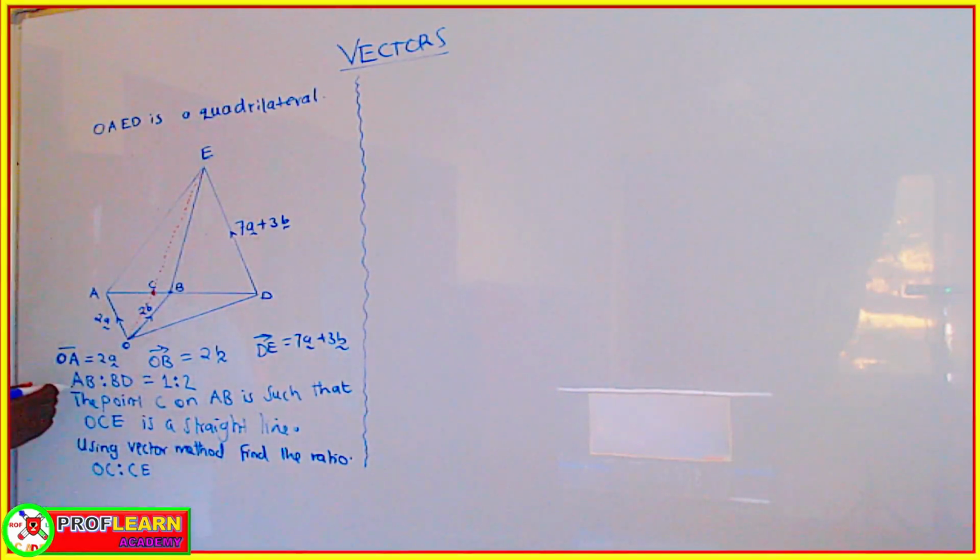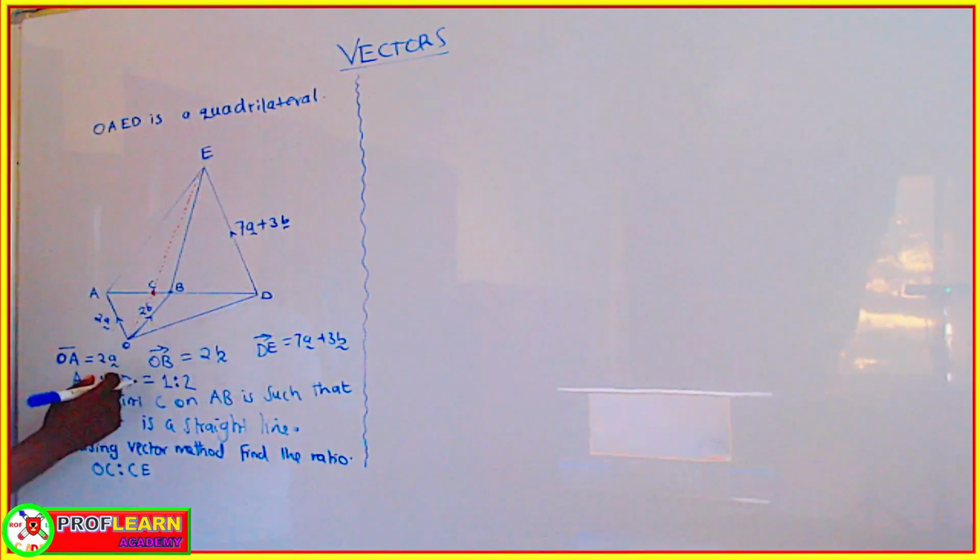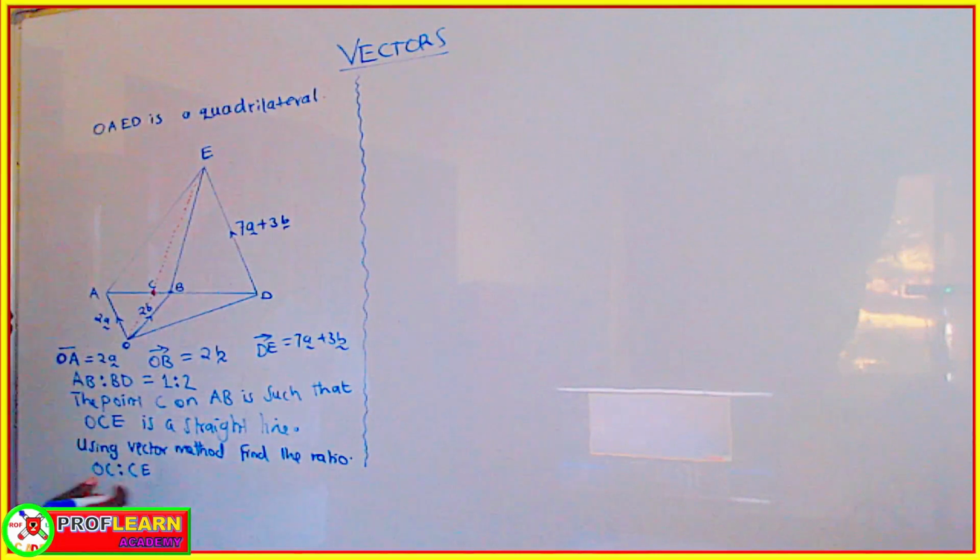We are told further that AB:BD is 1:2. This point B is dividing line AD in a ratio 1:2, and the point C on AB is such that OCE is a straight line. Then we are supposed to use vector method to find the ratio of OC to